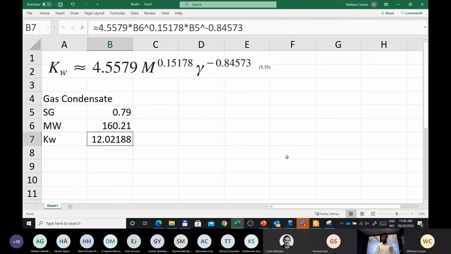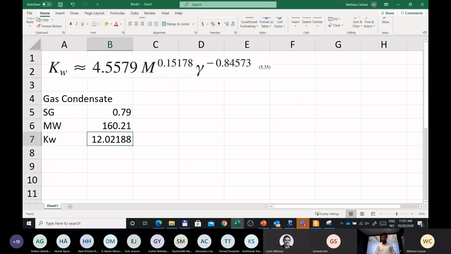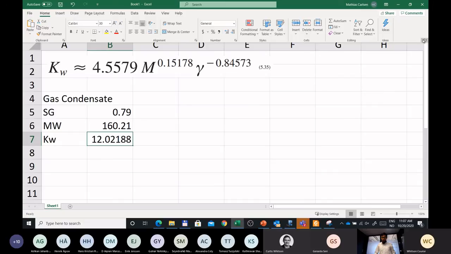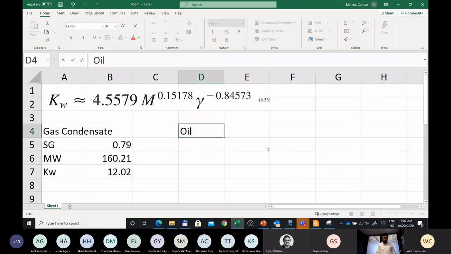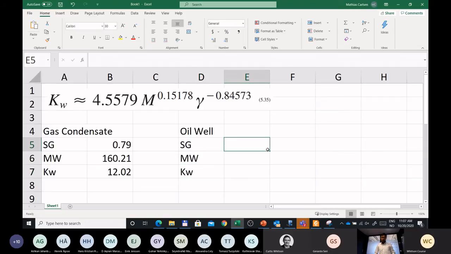So that's 12. And then I have to follow the Excel etiquette, otherwise I will be fired from the job. And then we have oil. And then same, we have the specific gravity, molecular weight, and Watson characterization factor. So if you go to that report now,